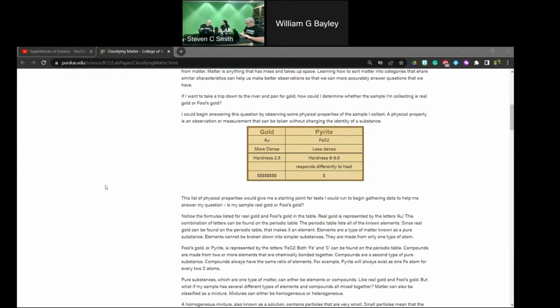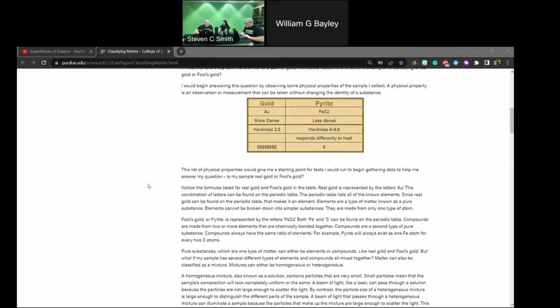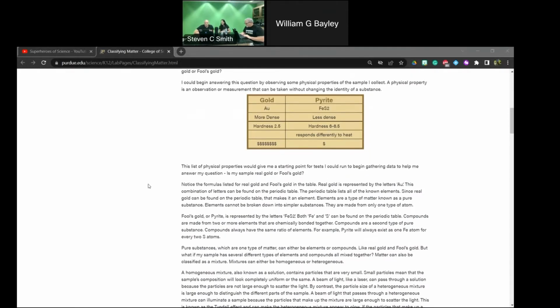Well, but is that pure? That would be mixed, like an alloy, right? I don't know. Maybe I shouldn't trust everything I read on the internet. All right, someone look that up, fact checker. I was just Googling things. I don't believe this one. It says a hardness of 2.5.